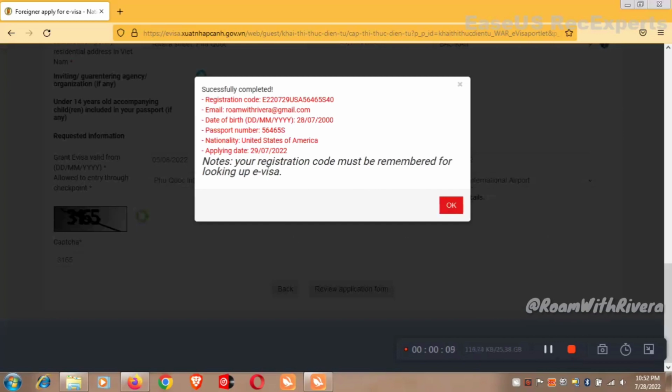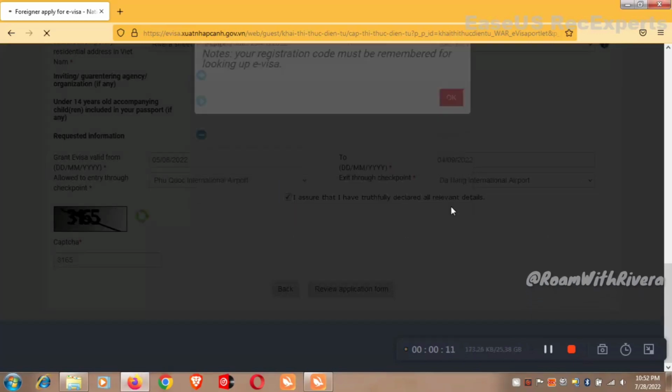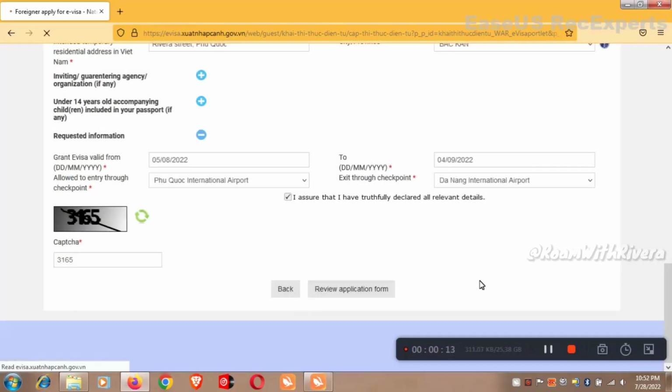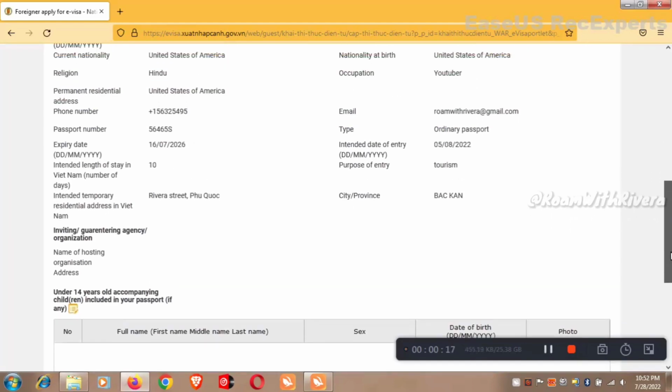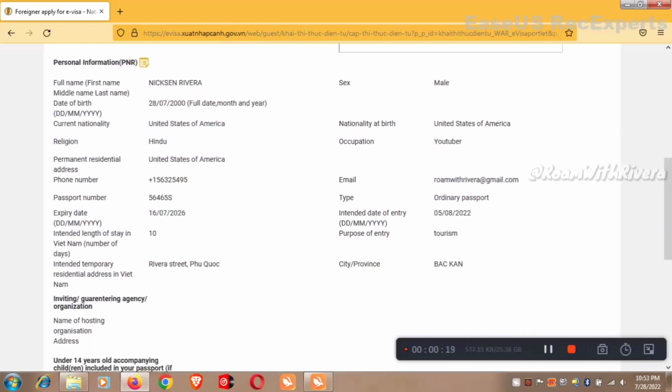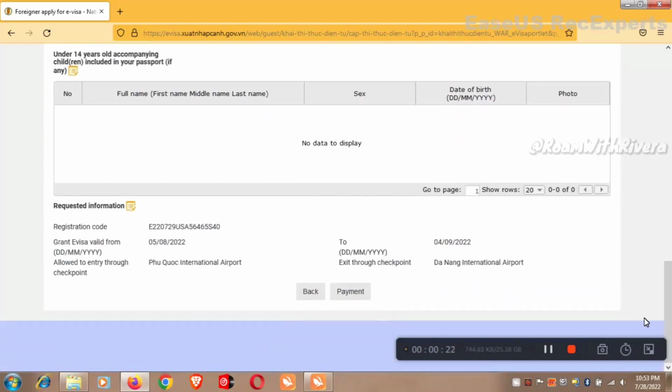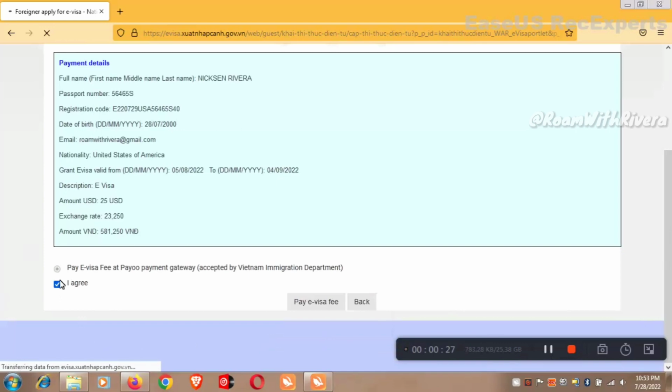After that, this window is going to pop up on your screen and your registration is completed successfully. Then click here and you will be redirected to a new page. In this page, you can see everything that you have filled in your previous part. Scroll down here and click on payments. After clicking on payments on this page, make sure that this checkbox is checked and click on pay e-visa fees